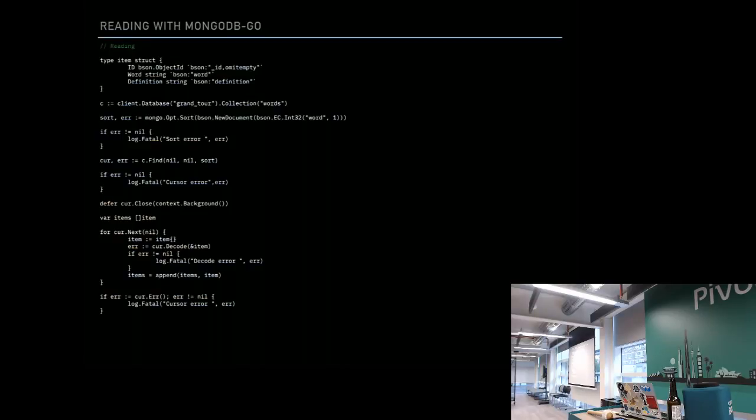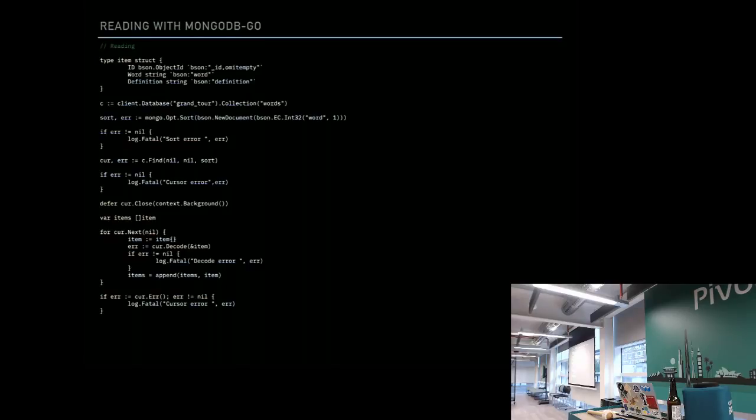Reading, on the other hand, MongoDB developers will go along the lines of, you're going to be working with lots of big data. Therefore, you will always get cursors. There's no nice thing of reading your data into an array and just crossing your fingers. It'll work. You have to go and basically get a cursor and walk through decoding all the items. If you're used to the SQL drivers, you won't have too much of a problem with that. If you're used to nice, easy NoSQL drivers, you'll find it a bit irritating.